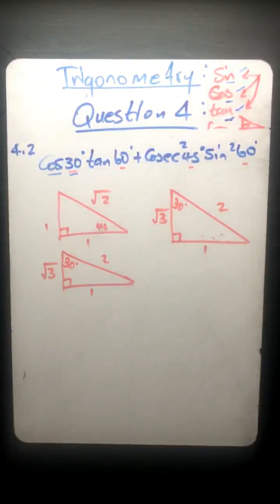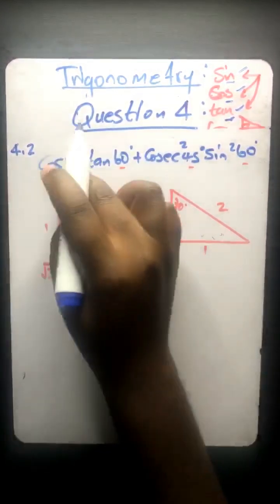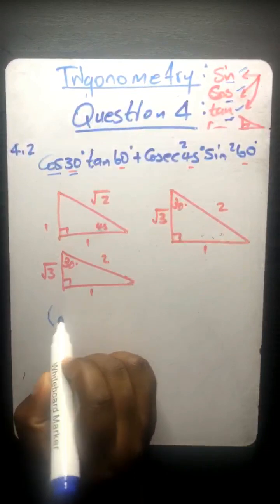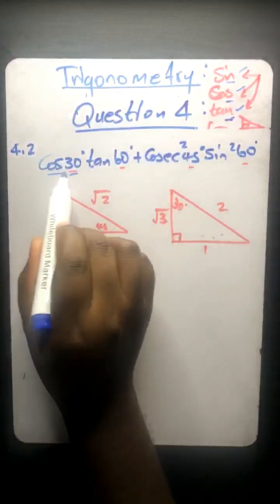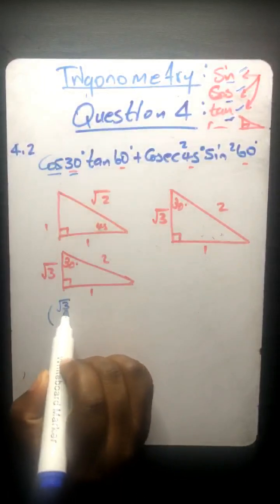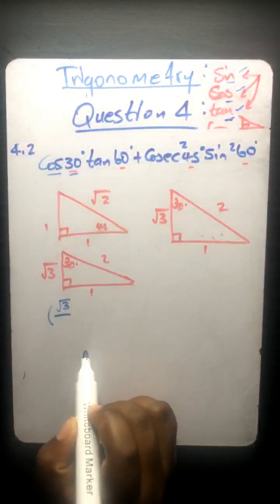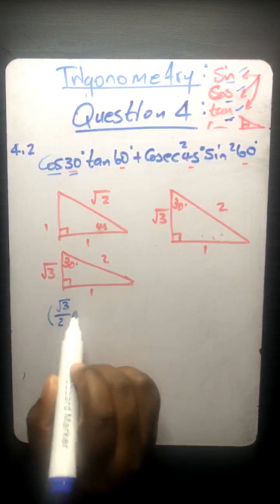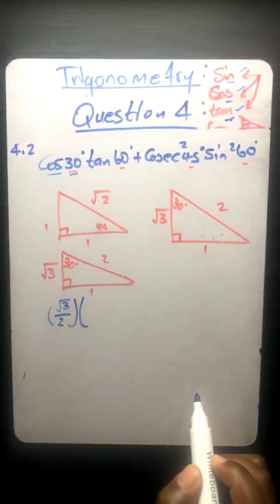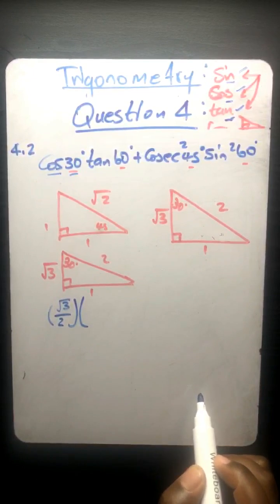So let's see. For cos 30, we focus on that. And we say cos is adjacent over hypotenuse. What is adjacent? Adjacent there is square root of 3 over what is hypotenuse? It is that 2. And then now, tan. Tan is opposite over